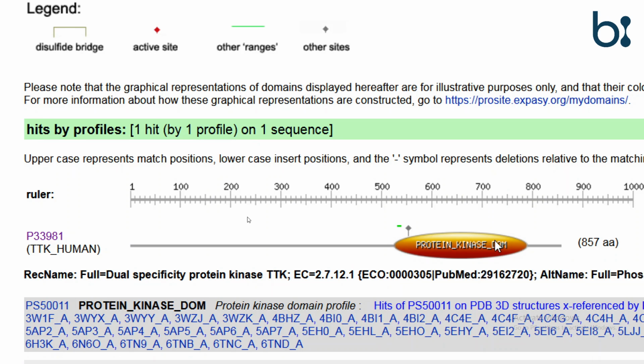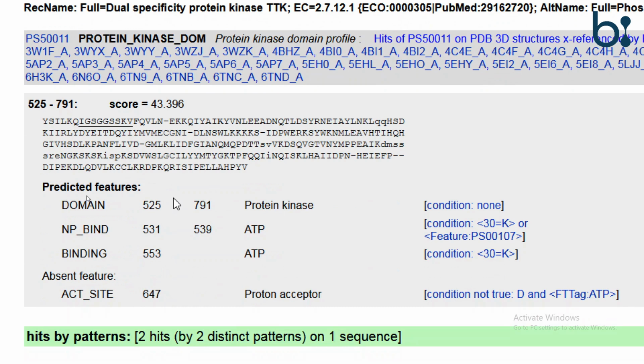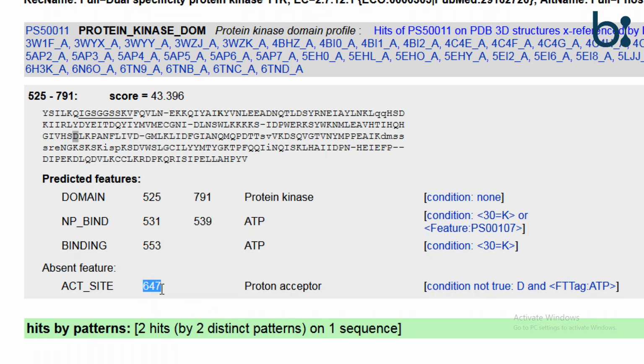So this is the position of the protein kinase domain in the graphical view. Here is the domain, as we have seen above in the graphical representation, that it runs from 525 to 791. Then the binding site is at 553 amino acid, and the active site is 647, which is the proton acceptor site.